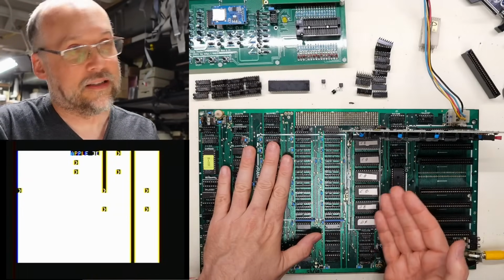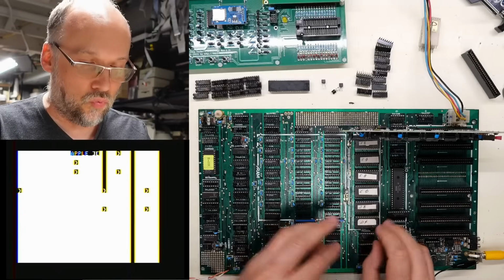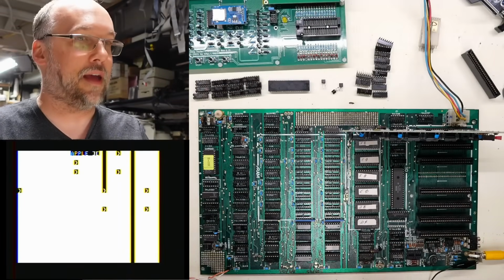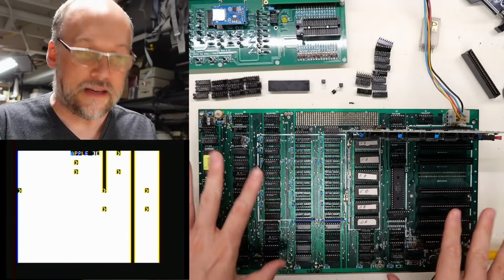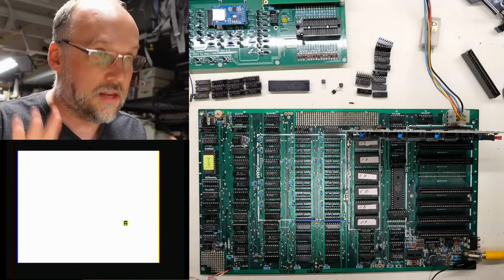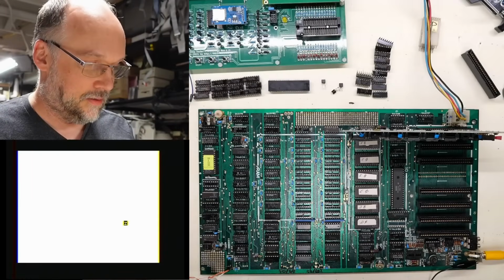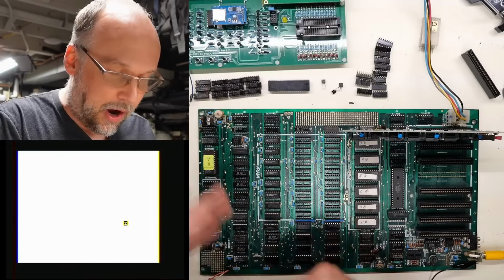And I have a feeling, because it's printing the banner and it's beeping, I bet that kind of happens really early on in the ROM code on the Apple II. And then when it goes to try to initialize the rest of the system and get BASIC running, that's when it's running into these problems and crashing. It's making random tick sounds right now. This definitely screams that there's a problem with the RAM